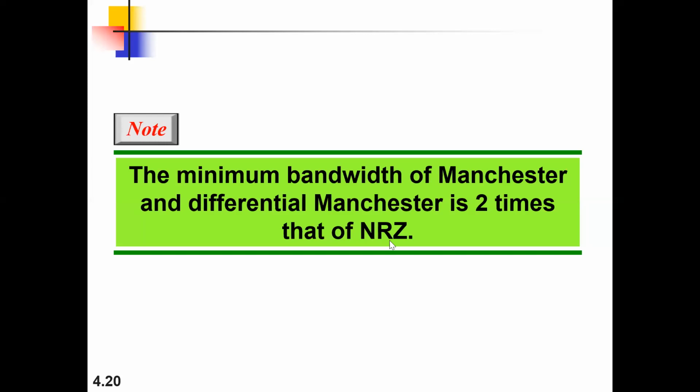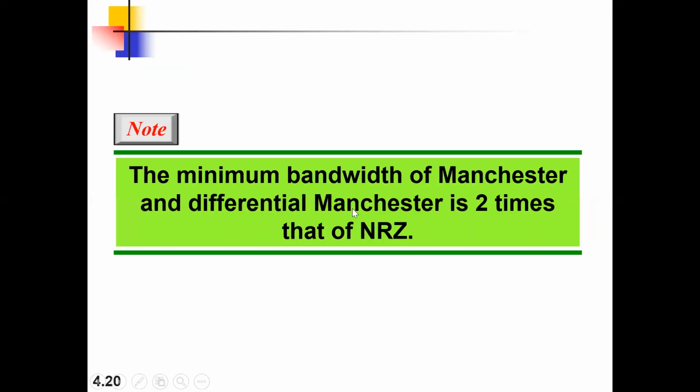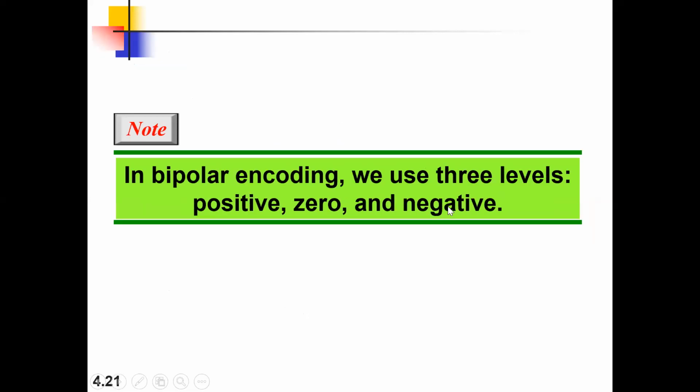Okay, so the minimum bandwidth of any Manchester or differential Manchester encoding technique will always be twice that of non-return to zero level or inversion. Whatever you get, it will be twice that value. Why is it twice? Simple. You have two signal elements to transmit one single bit in a given amount of time. Understood? So that's why it will be twice that value. We have proved this with respect to the Nyquist theorem also. The same thing is reflected here.